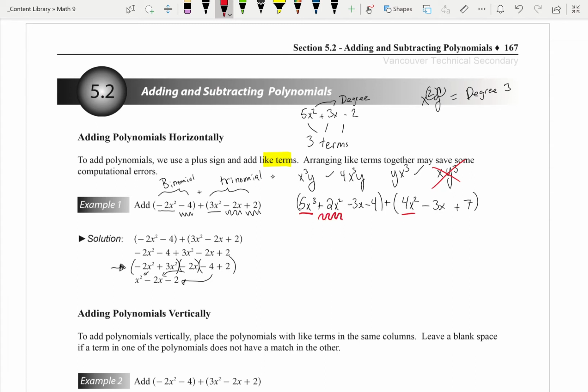So I notice the plus 2x squared, I'm looking for an x squared over in the other one. I'm not seeing any. Minus 3x, I'll do a jagged one. So I'm looking at the variables, not the numbers. I'm looking at the powers of the variables. And then lastly, I have minus 4, and I'm also making sure to include the symbol in front as part of this. So how I'm going to split this up, I now have 5x cubed